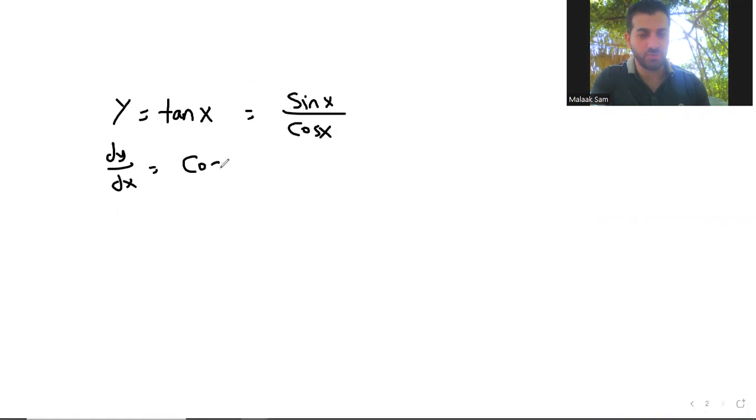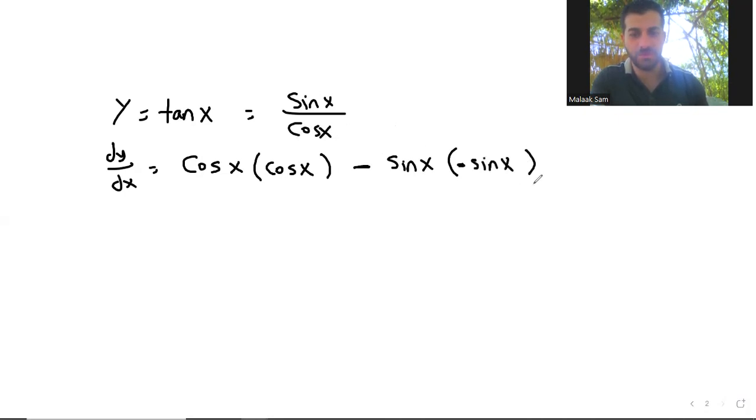You will write cosine x multiplied by the derivative of sine x. You know, the derivative of sine x, as we deduced, is equal to cosine x, minus the numerator, which is sine x, the top, multiplied by the derivative of cosine x. The derivative of cosine x, as we deduced, is negative sine x,